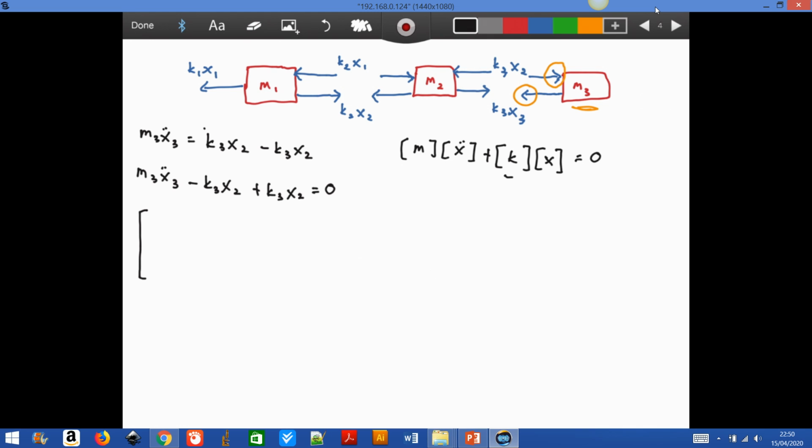So we've got 3 masses here. So the equation of motion will be the matrix m1 0 0, 0 m2 0, 0 0 m3, times x double dot 1, x double dot 2, x double dot 3, plus